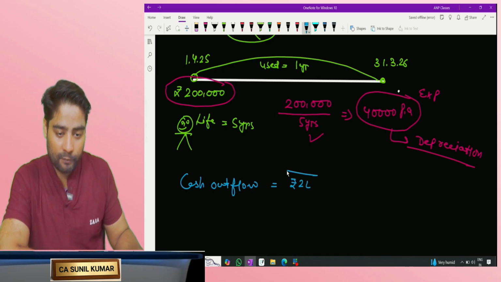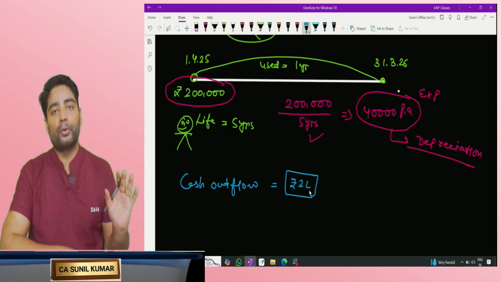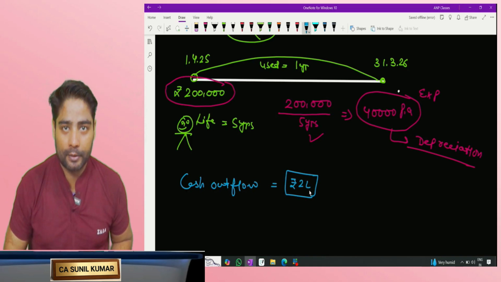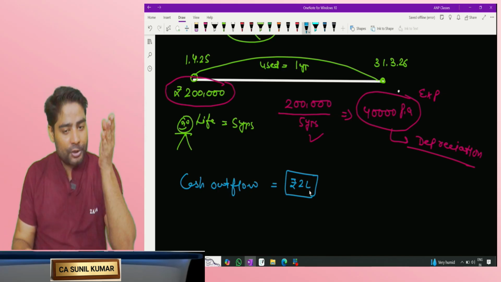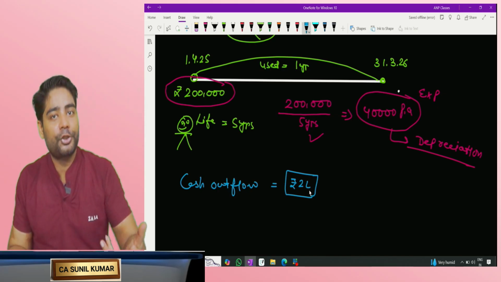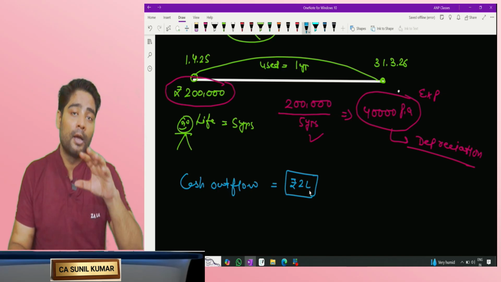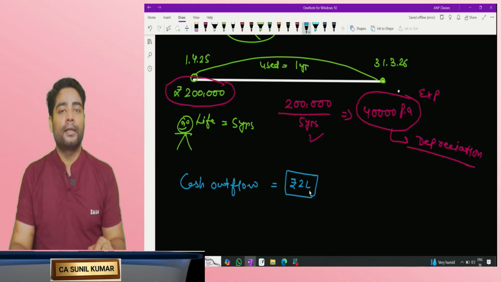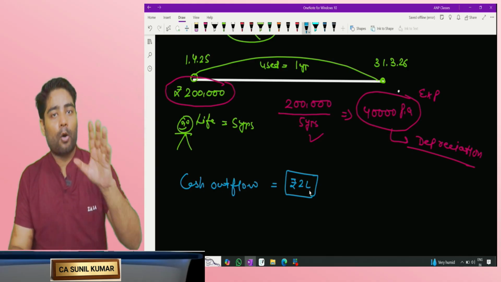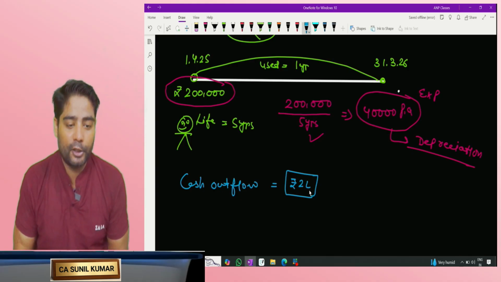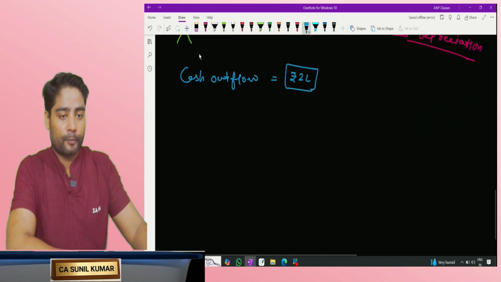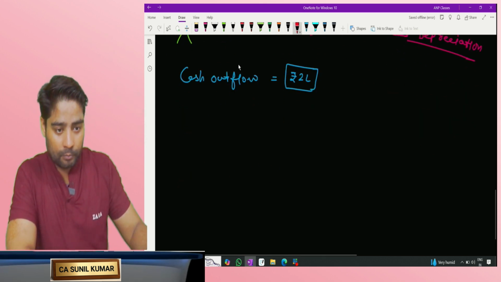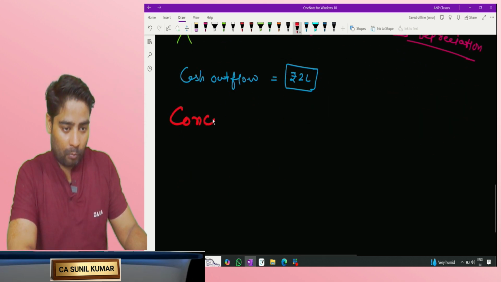When Mr. Ram bought the furniture, he paid rupees 2 lakh. So the outflow is 2 lakh. But why we're not charging the whole 2 lakh? Why we're charging only 40,000? Why we're spreading the cost of the asset in accordance with its life? Why we are doing this? So write down concept